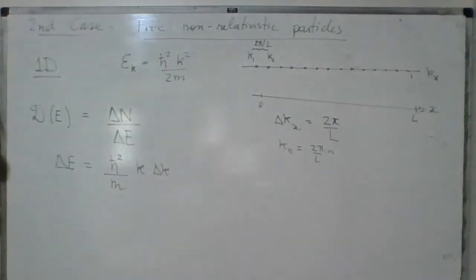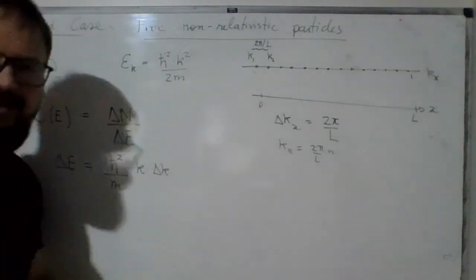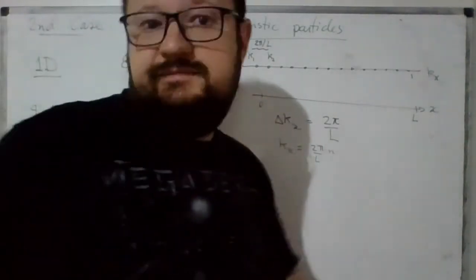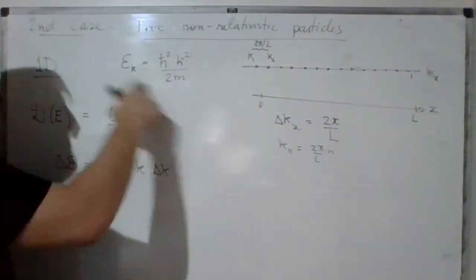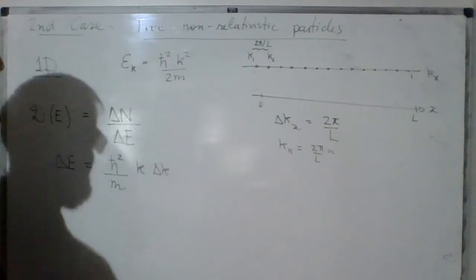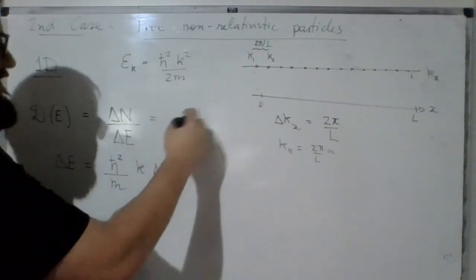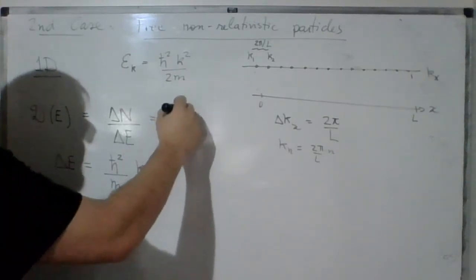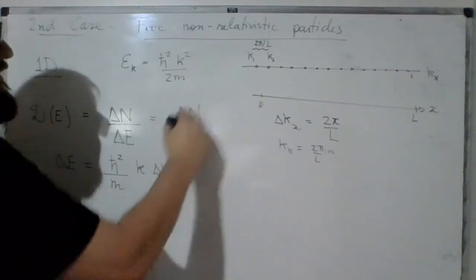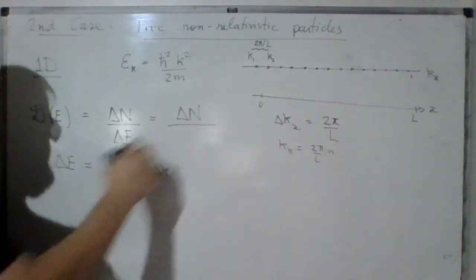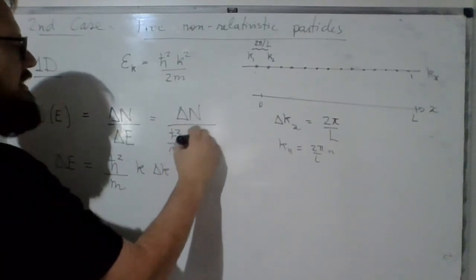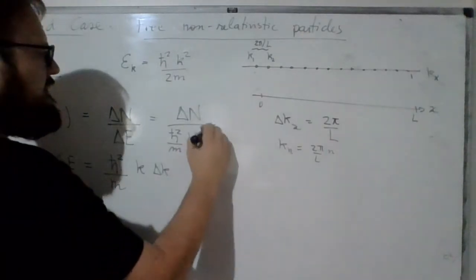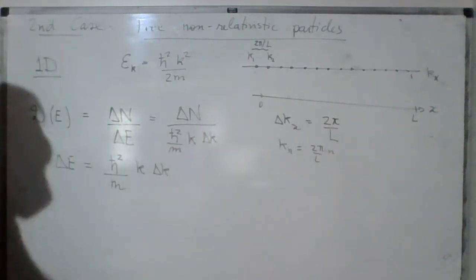Right? So this is valid even in an arbitrary number of dimensions because it's the derivative of this relation here. And in this case, we will have delta n